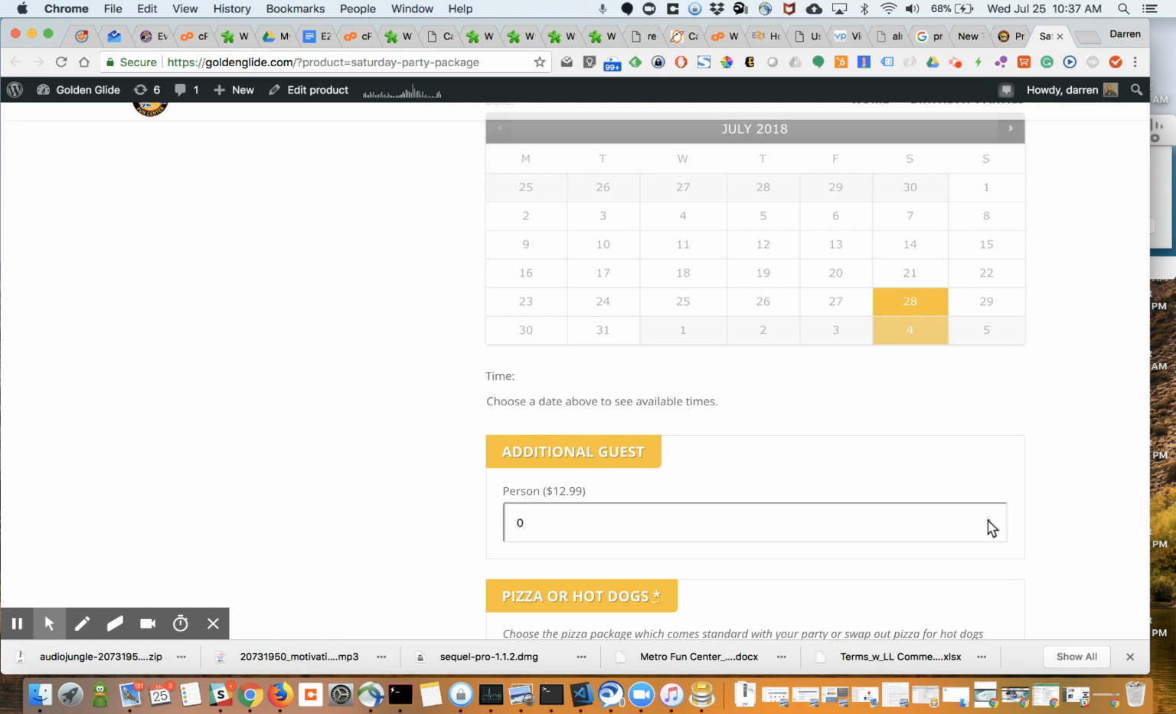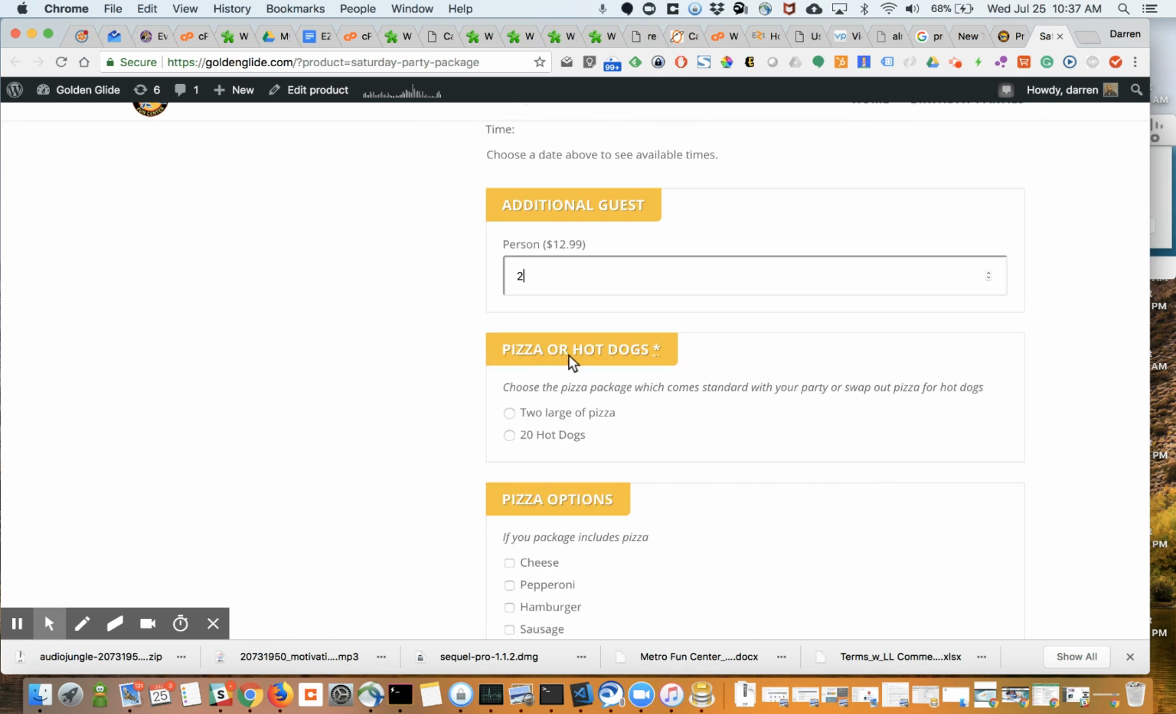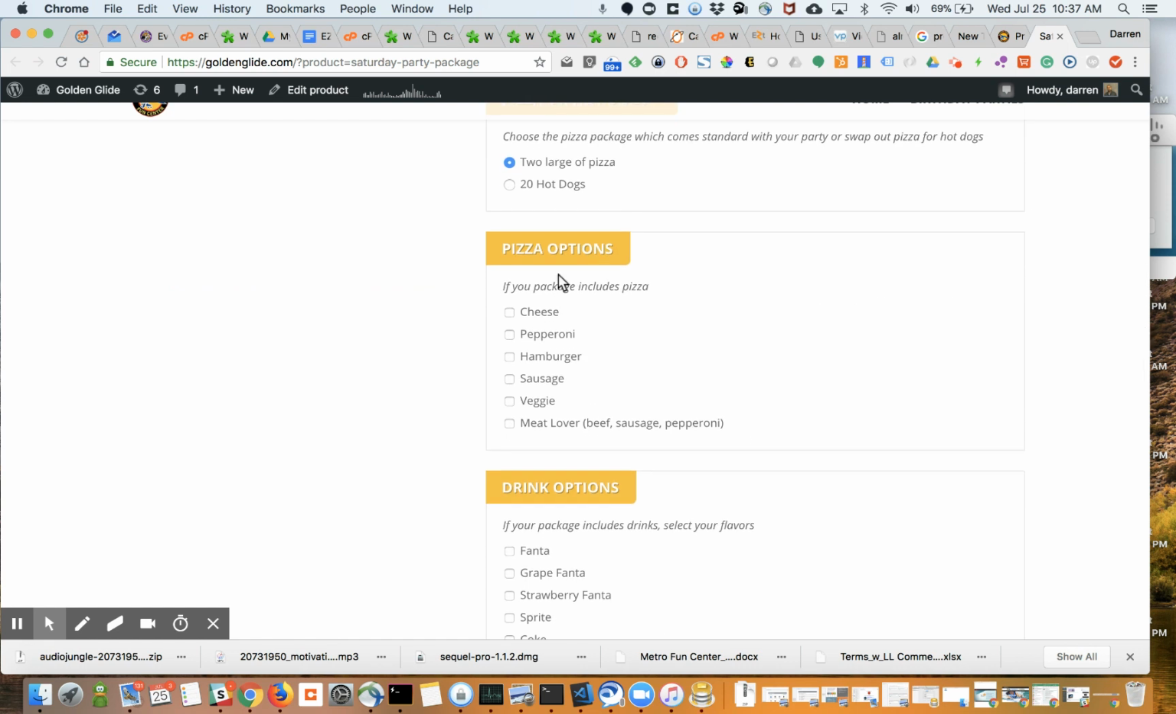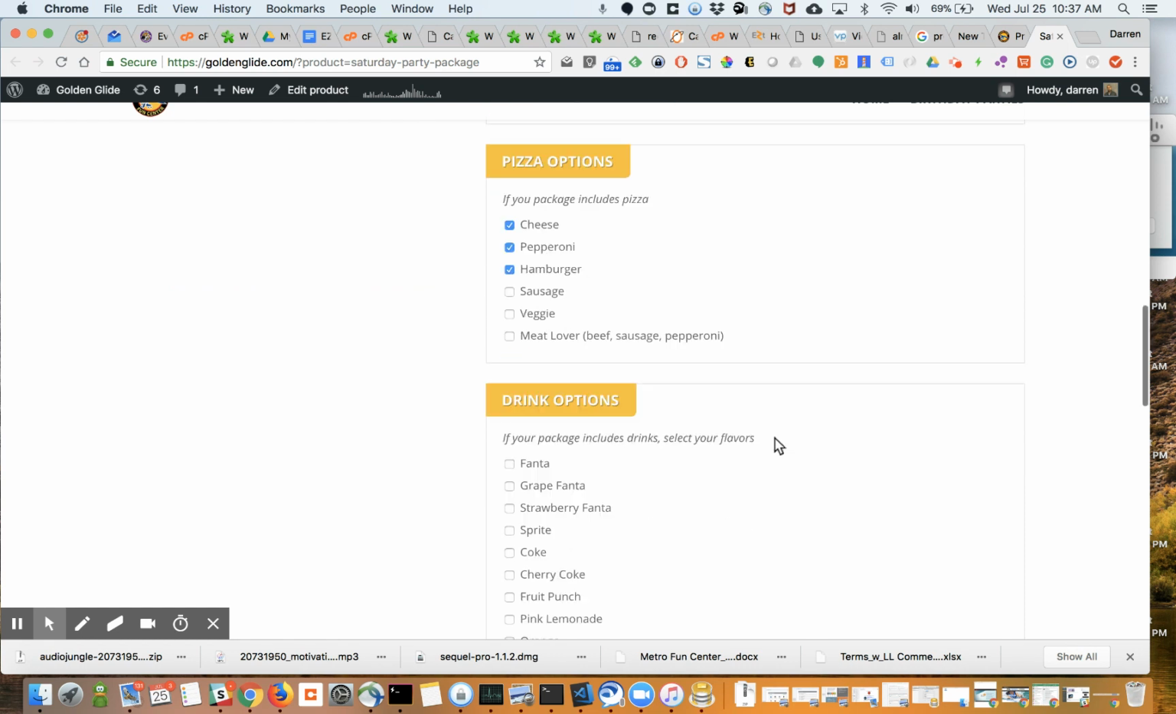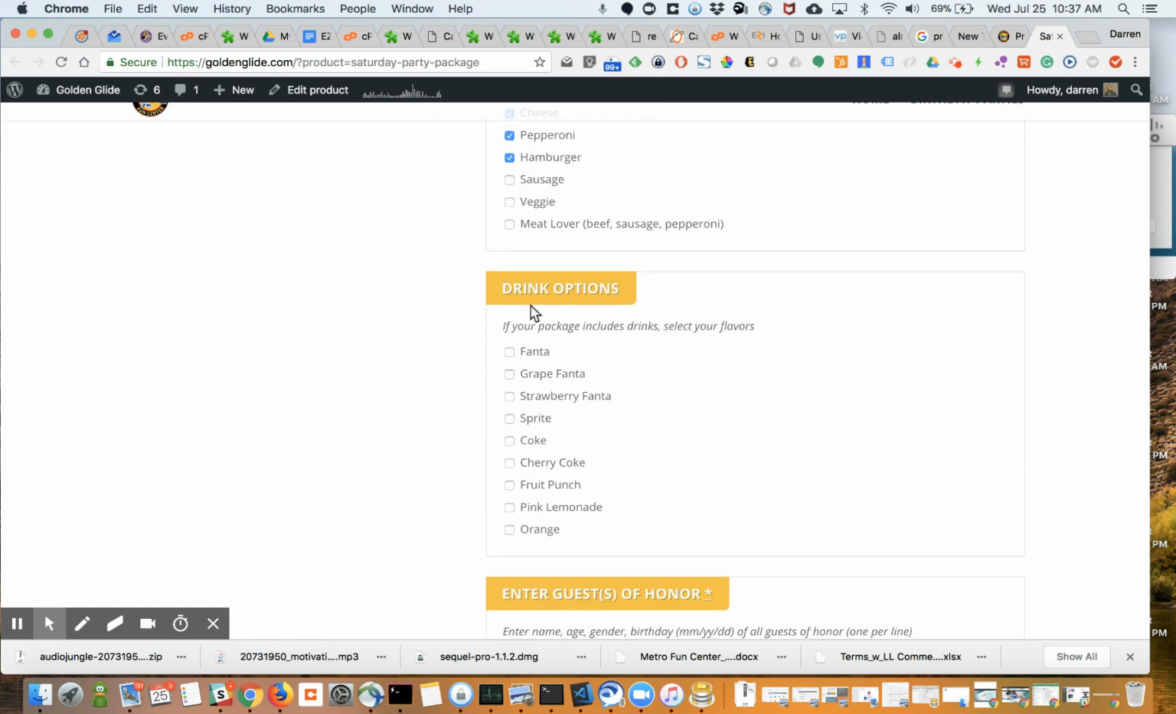Let's go ahead and add two more people to the party. So now we have 12 people, and we're going to choose their food. Sorry, these are the standard options they get. They can get either large pizzas or hot dogs. Let's go ahead and stick with the pizza, and then they can choose their toppings on the pizza. The next thing they can do is choose their drink options,